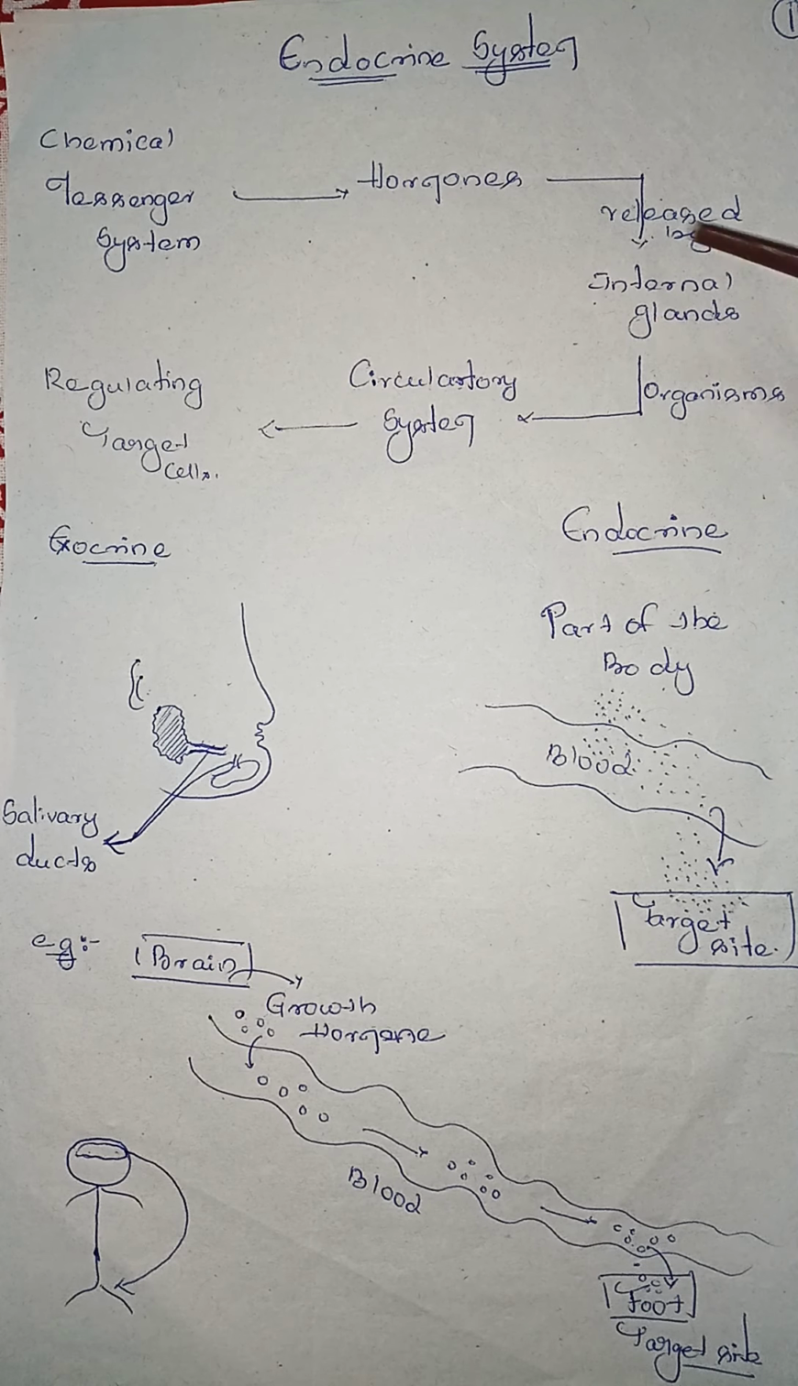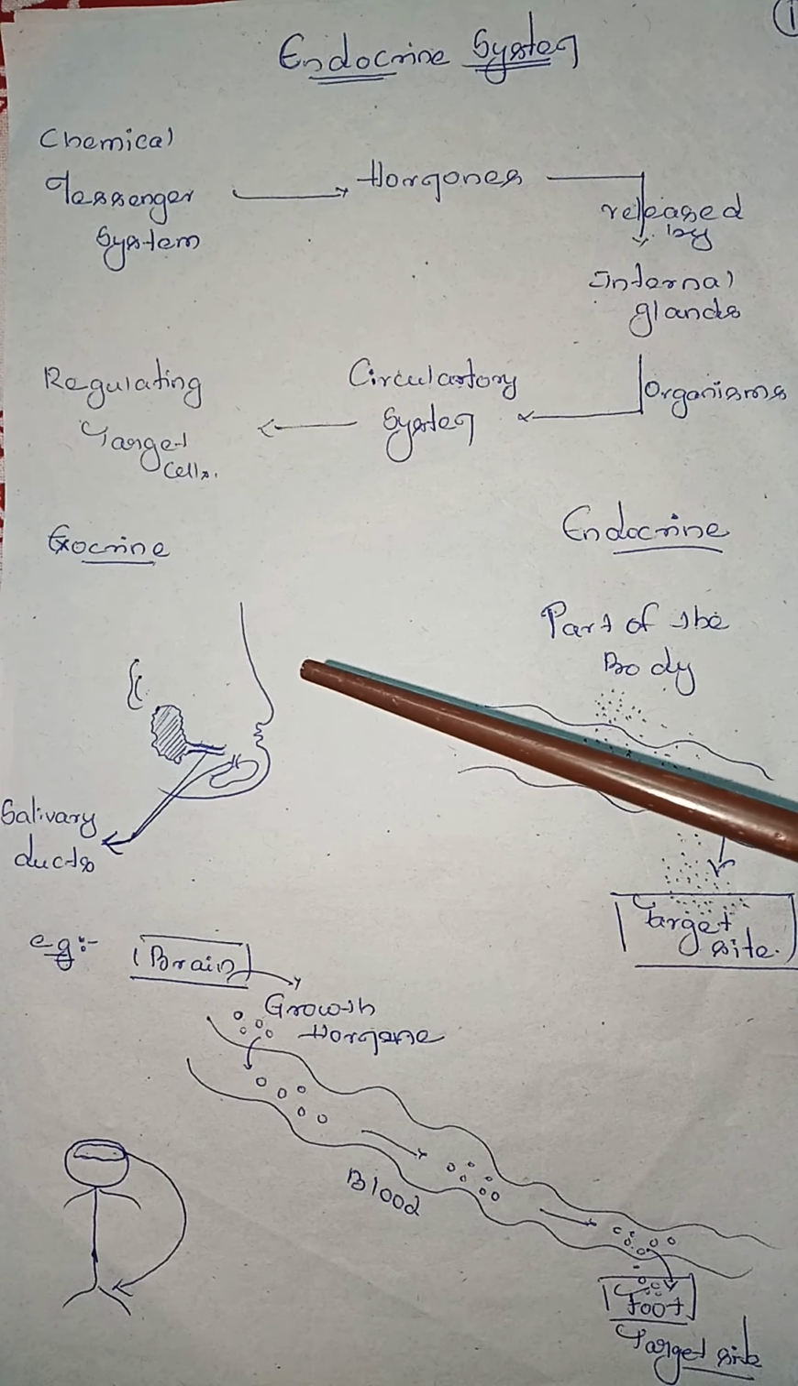Before moving to the endocrine glands, glands have two types. One is exocrine, another is endocrine. Exocrine glands are duct glands, endocrine glands are ductless glands. Duct glands have a particular pipe-like structure which is connected to the specific gland for release of chemical